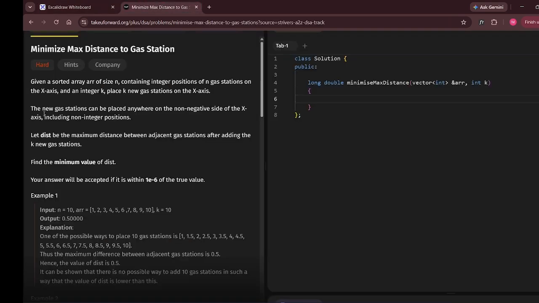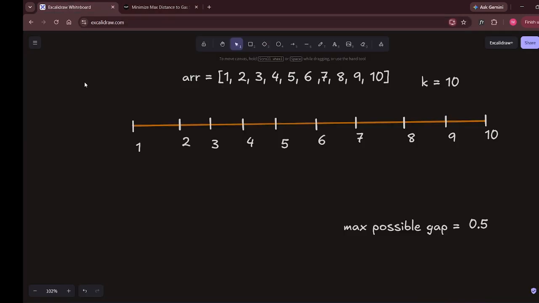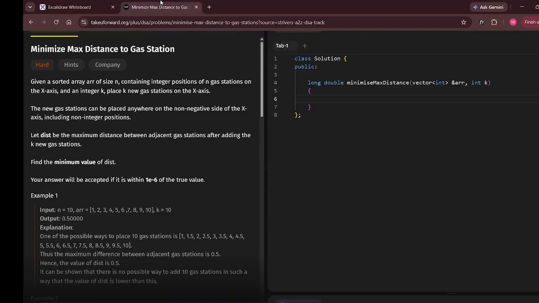But the condition is that the new gas stations which we are going to put over there can be placed anywhere on the non-negative side of the x-axis. So negative side is let's say this side. We're not going to put it on the left hand side. We have to put it on the right hand side only. Then it says that